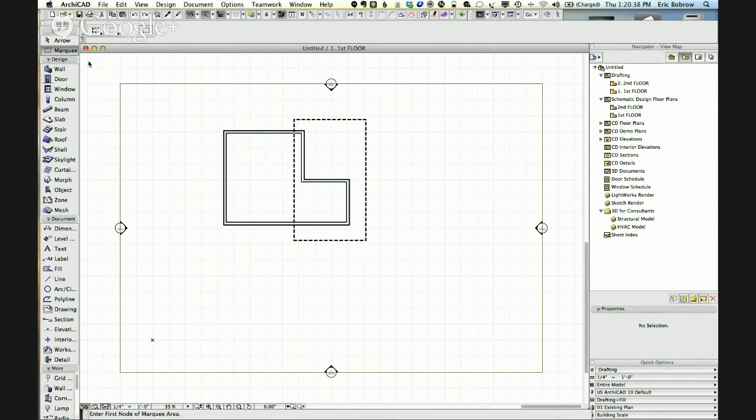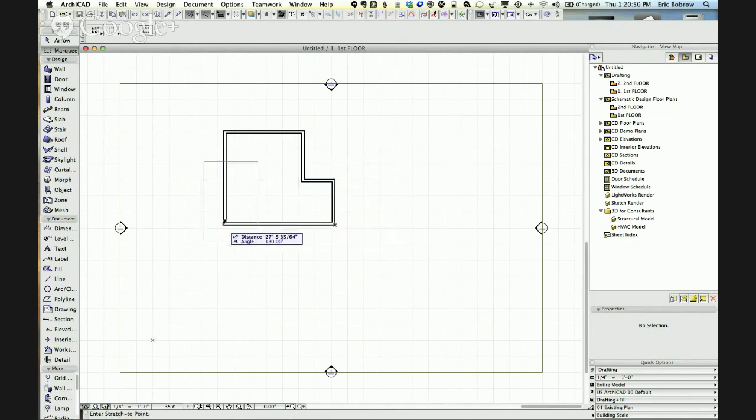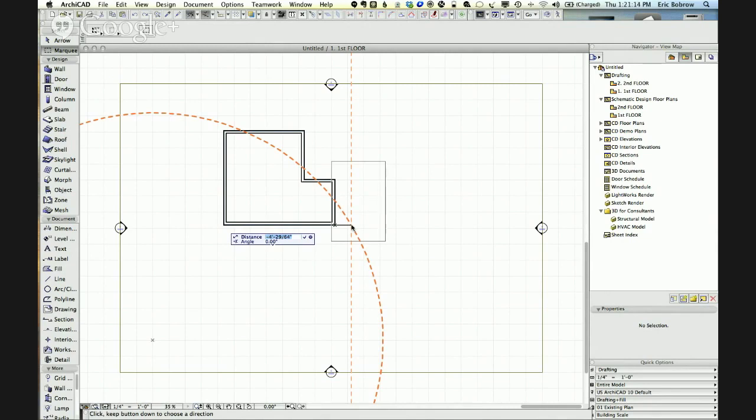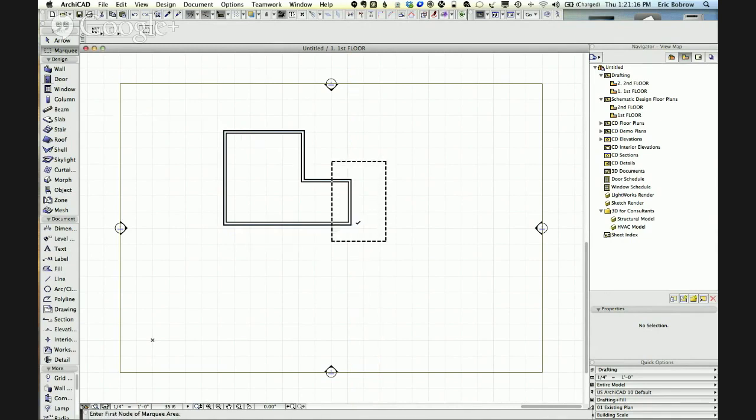Well, let's say that I only wanted to affect this area here, not the upper part. When I click on this, I can make it shorter. So I could make it this way, but I could take it all the way back to here. Now, I would never really want to do that. That would collapse the right-hand wall onto the left. But I can type in a distance, for example, 31-6, so 31 feet 6 inches. And instead of saying that I want to go 31 feet 6 inches in the direction I'm going, which is to the left, or 180 degrees, I'll type in a minus, and it'll go back the other way. So now, when I hit Enter, it places it precisely at, I use the measure tool here,